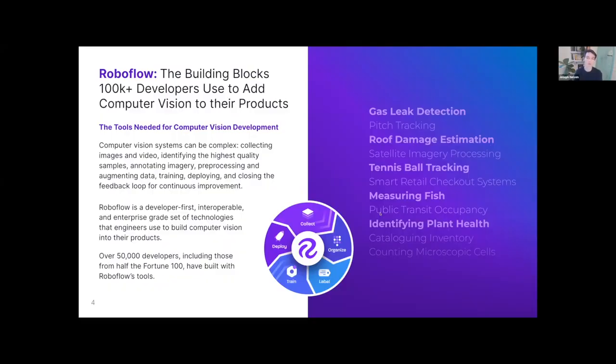For those that don't know us, at Roboflow we build tools, open source libraries, and community to enable engineers and companies to be successful with computer vision. We have tools for many parts of the life cycle and many partners along the way as well. Everything from finding and discovering good data sets in video on our open source community, to knowing what to label and being able to accelerate labeling, to doing augmentation and data set improvement, model training and prototyping with our open source model library, and hosted training for 30+ different architectures, and deployment to a wide array of devices, everything from